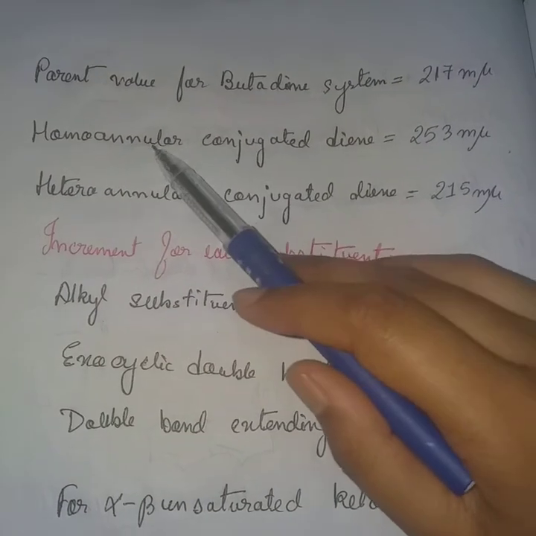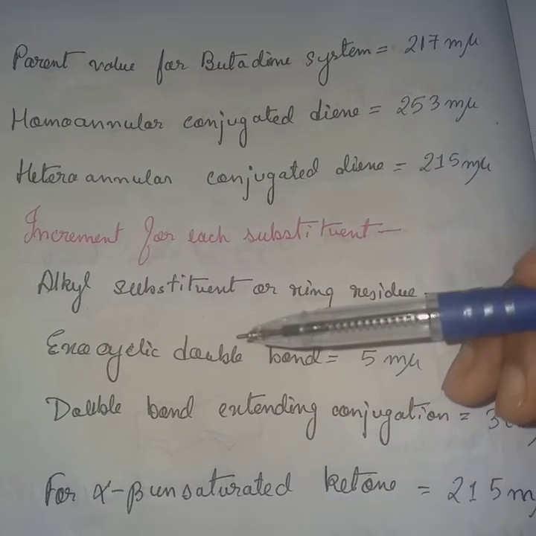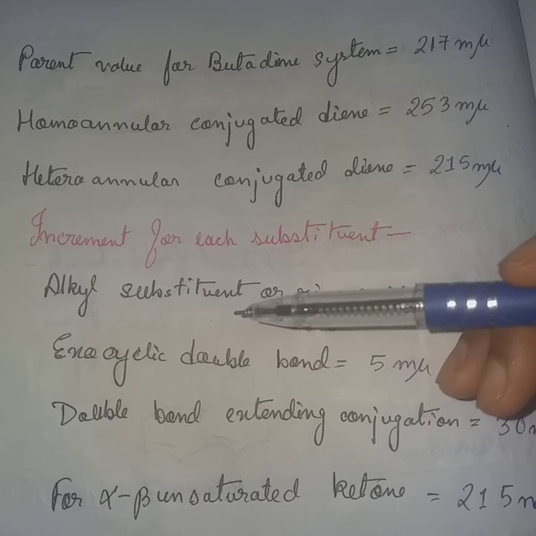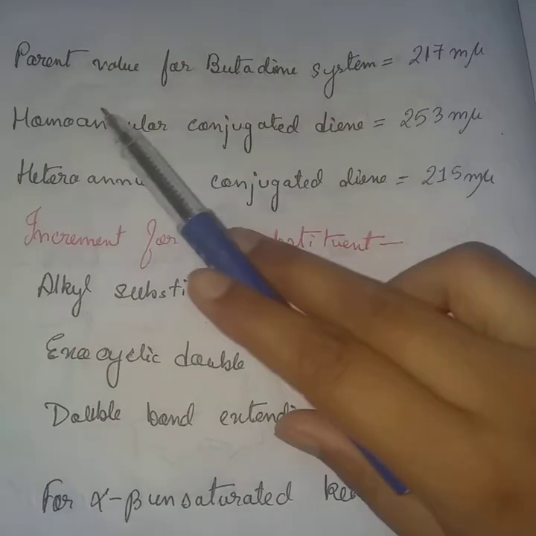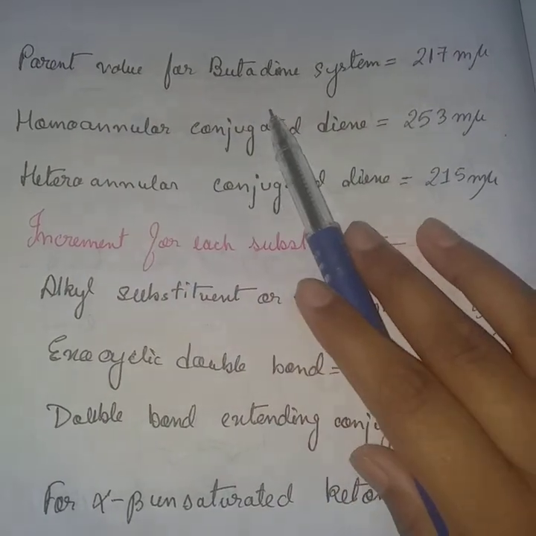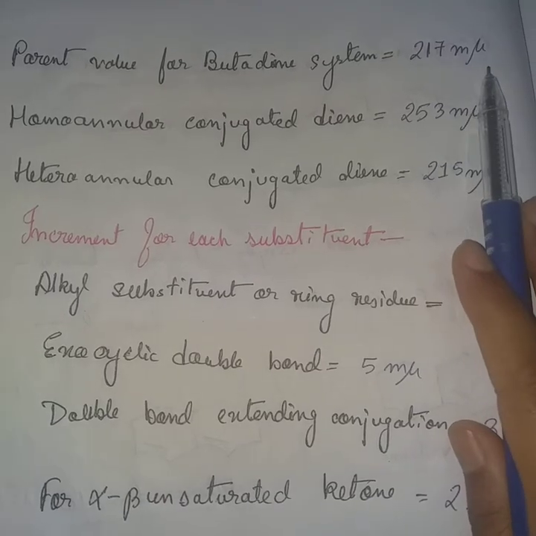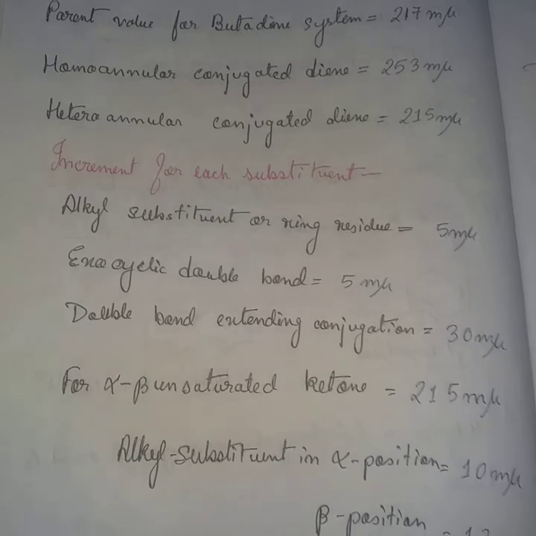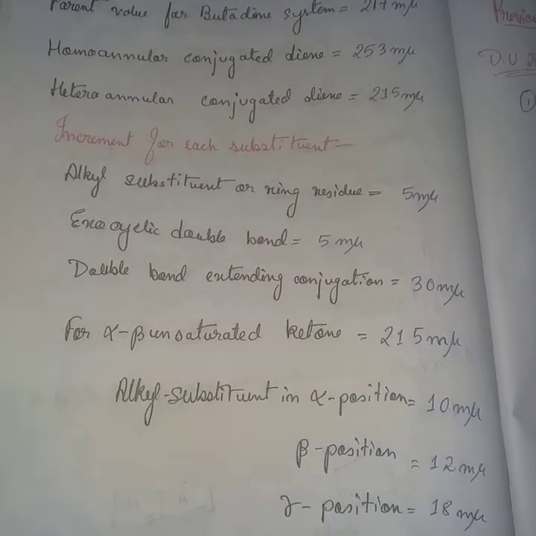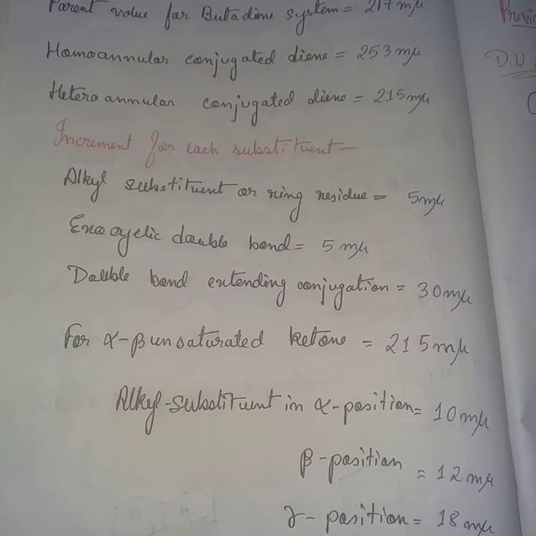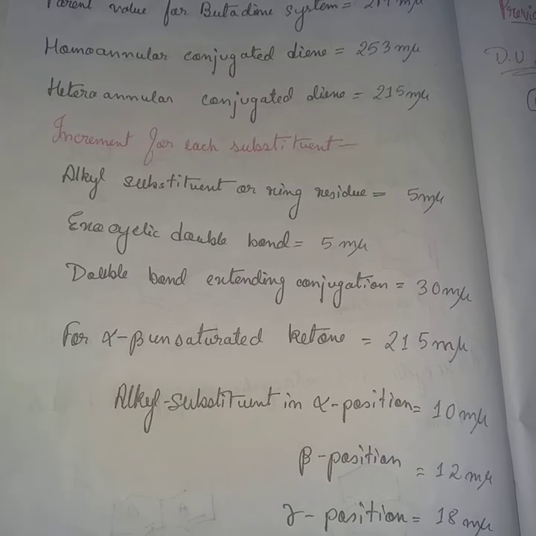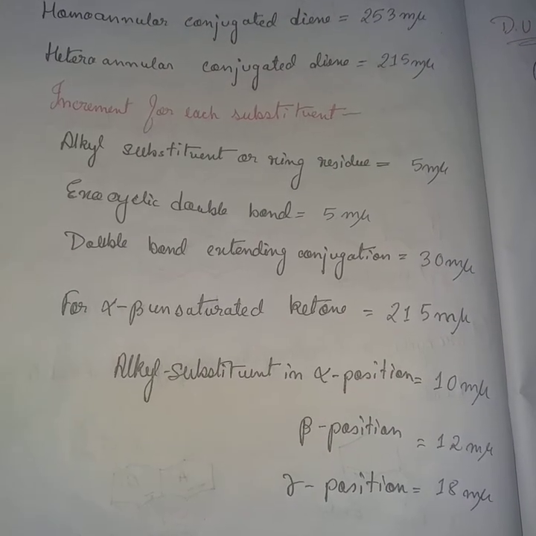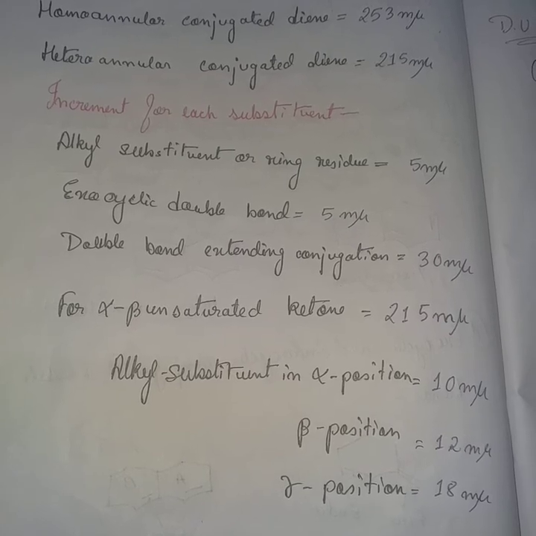Here are some important parent values for different types of diene and systems that will help us to solve our examples. Please note it down. Parent value for butadiene system 217 millimicron. Please note everything that is written here. Homoannular conjugated diene 253 millimicron, heteroannular conjugated diene 215 millimicron,